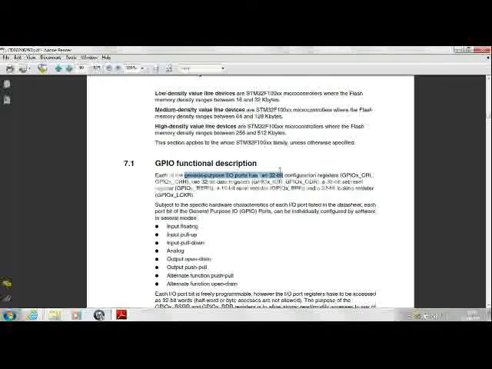We have two 32-bit registers, one for input and the other for output, that is the input data register and the output data register. One single 32-bit register that is called the bit set reset register. A point to note is that you have a single register for set as well as reset.